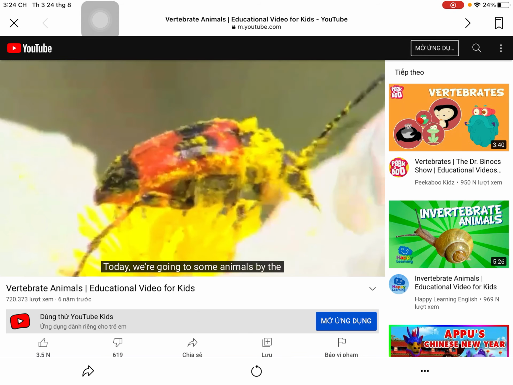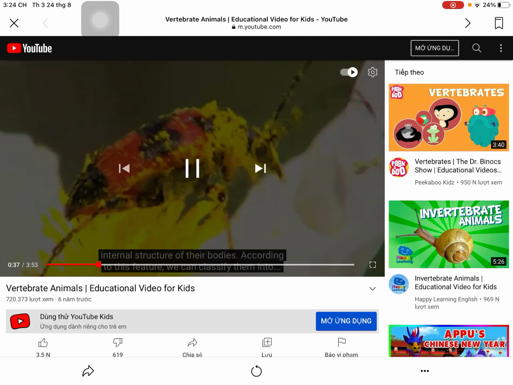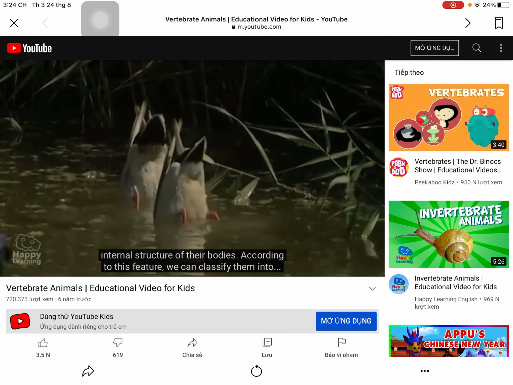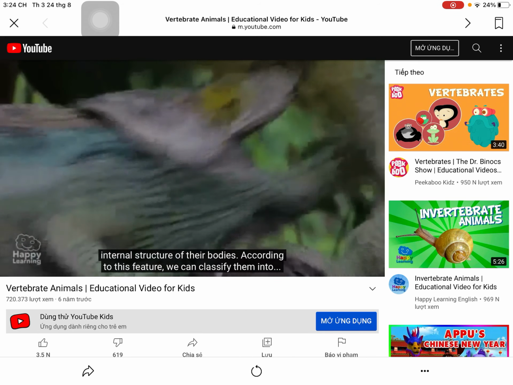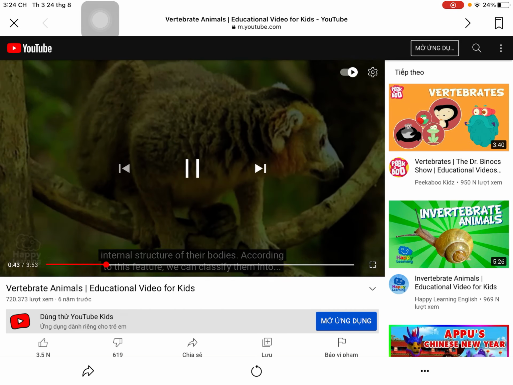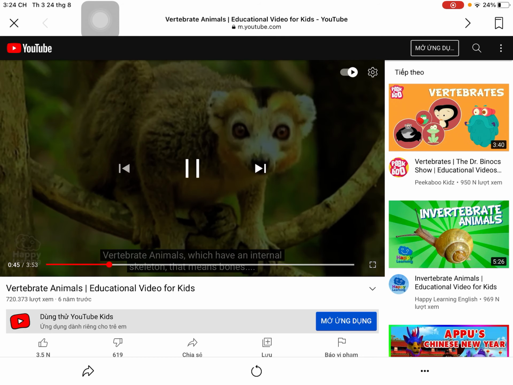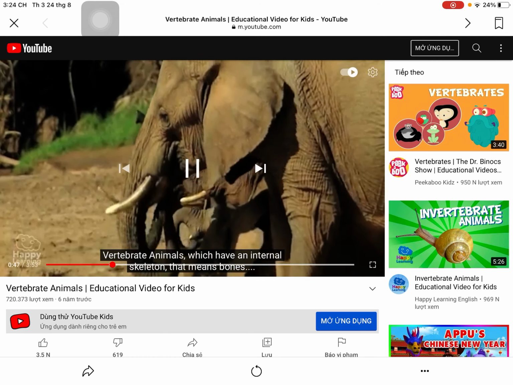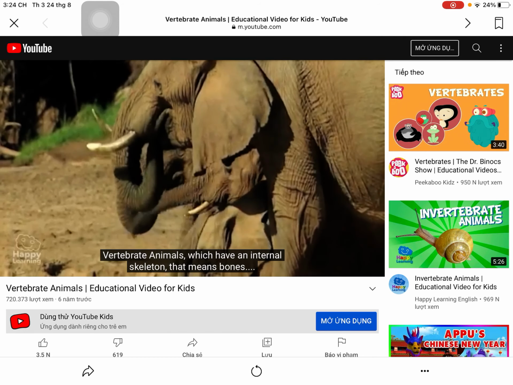Today we're going to look at some animals by the internal structure of their bodies. According to this feature, we can classify them into vertebrate animals, which have an internal skeleton, that means bones,